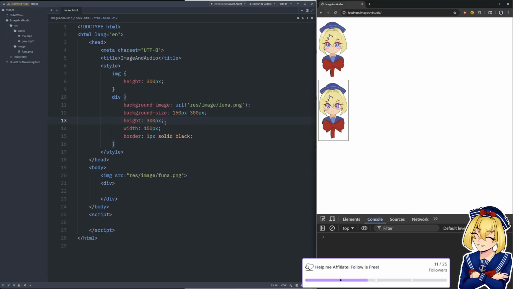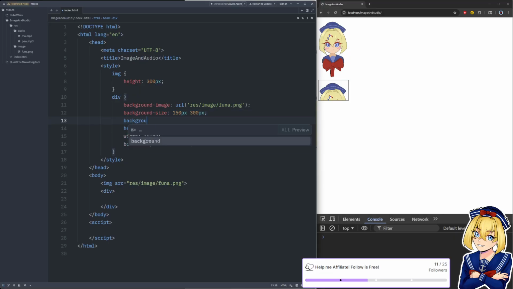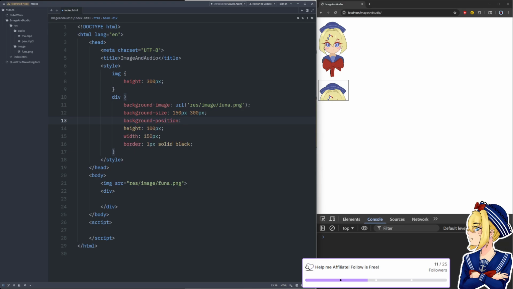And then what I can do after that, after I crop it, is there's another value that I can use in CSS called background position. And I don't use this very often. So we're going to have to play with this, but let's just try some random numbers.